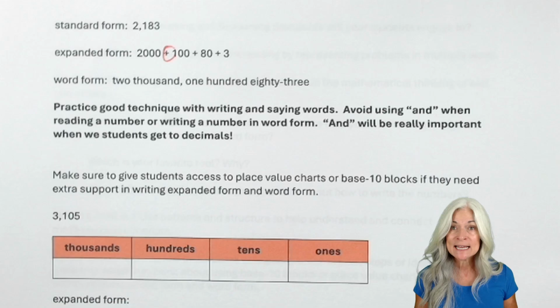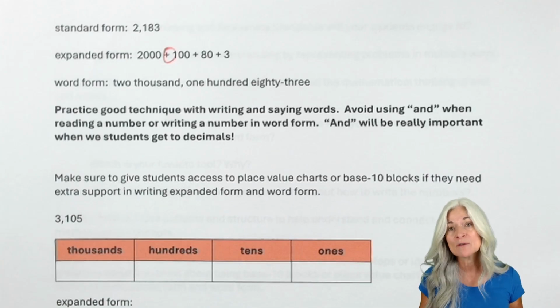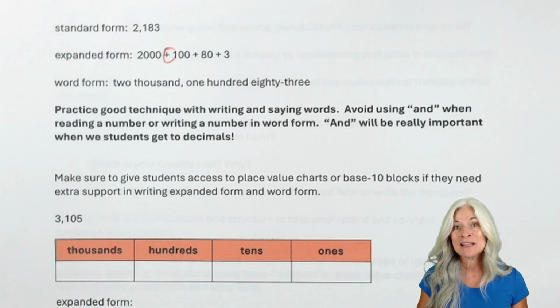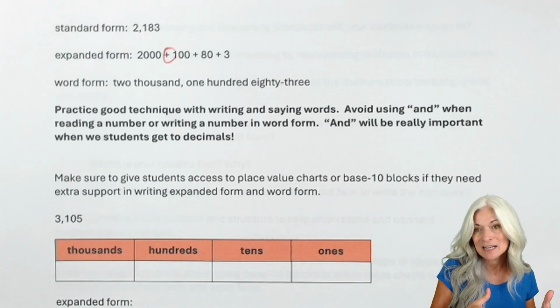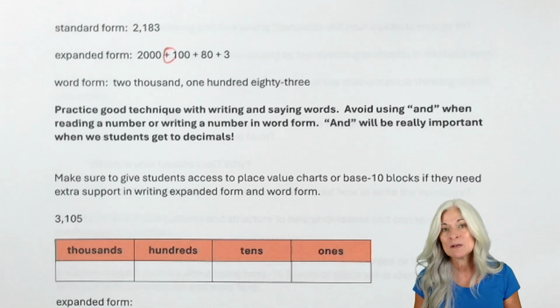Avoid using the word "and" when reading a number and writing it in word form. It's not that it's wrong, but "and" will be really, really important when we get into decimals. So when we say "and," like 100 and 2/10, then we know we're switching from the whole numbers to decimals. So practice reading with them that would read this